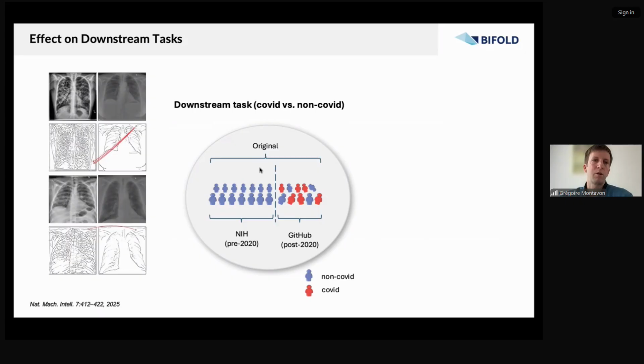And we assume that we are basically several months or weeks into the epidemic, and we would like to solve this task quickly. A typical strategy would be to aggregate the few data which have both classes with more established data sets, which contain basically a bunch of non-COVID cases. These two data sets are referred to as NIH and GitHub. This is where they are hosted, basically.